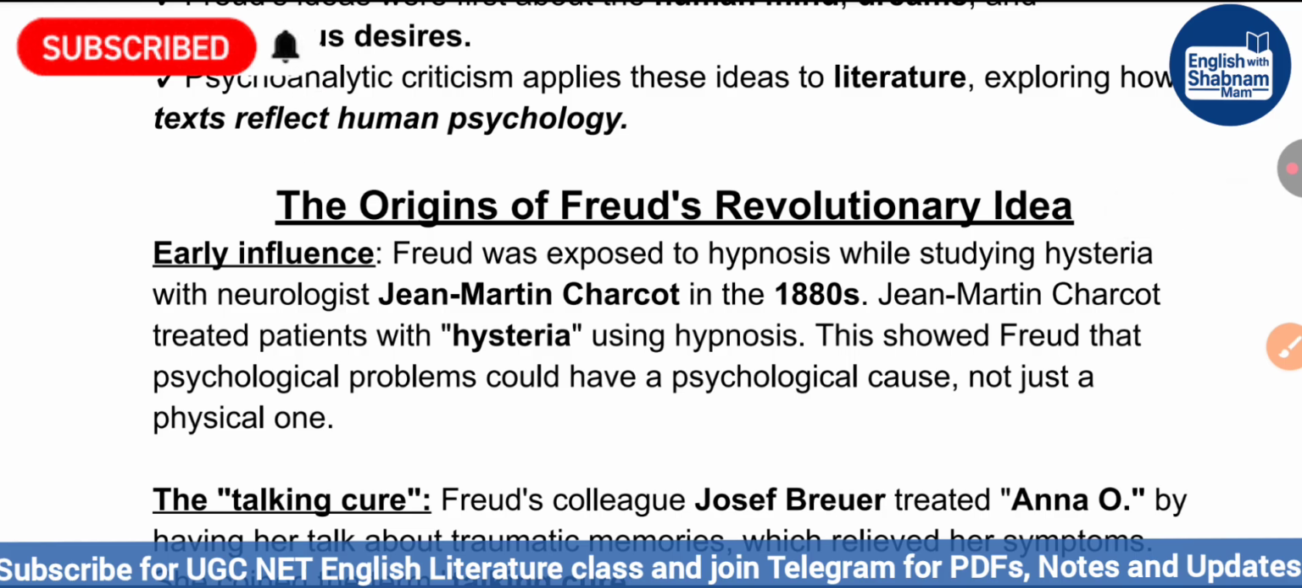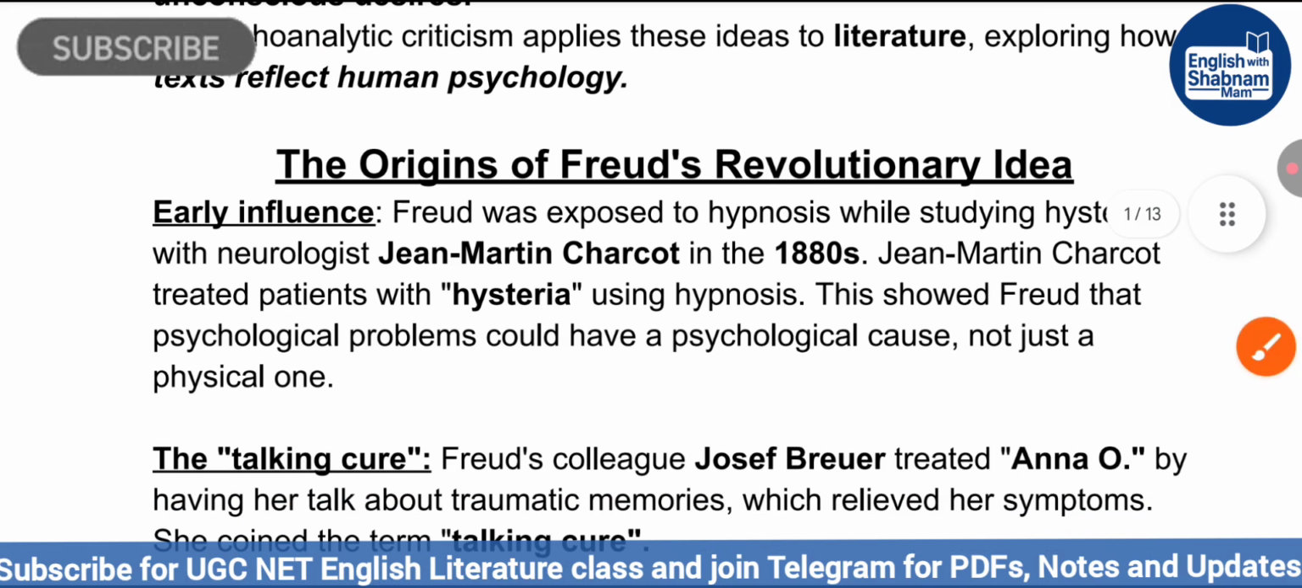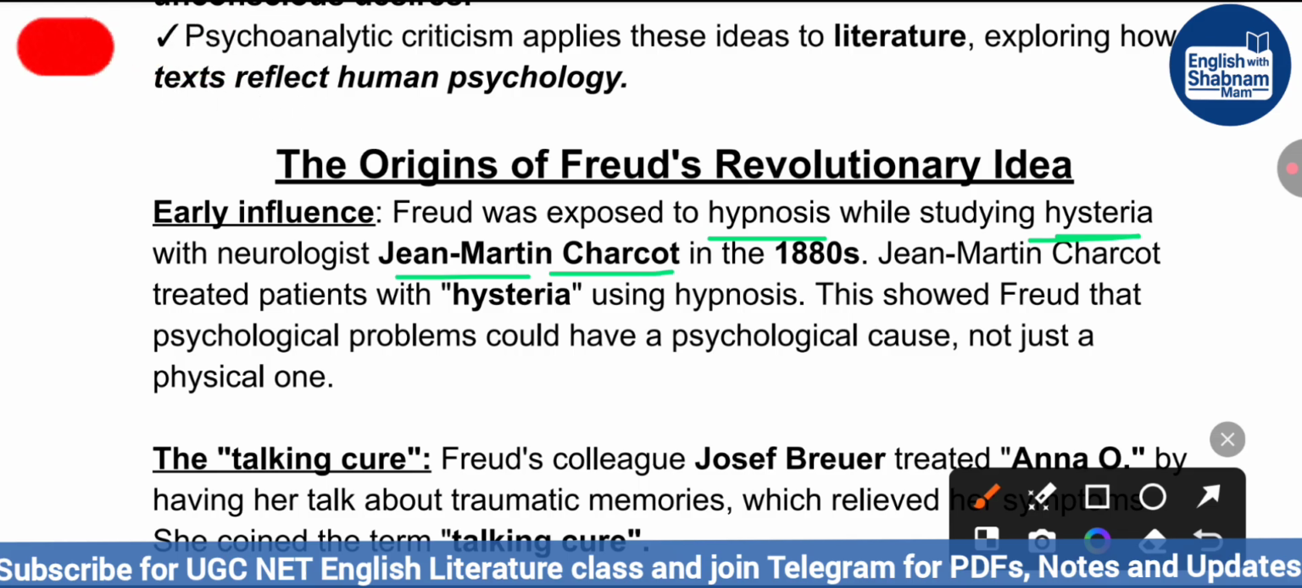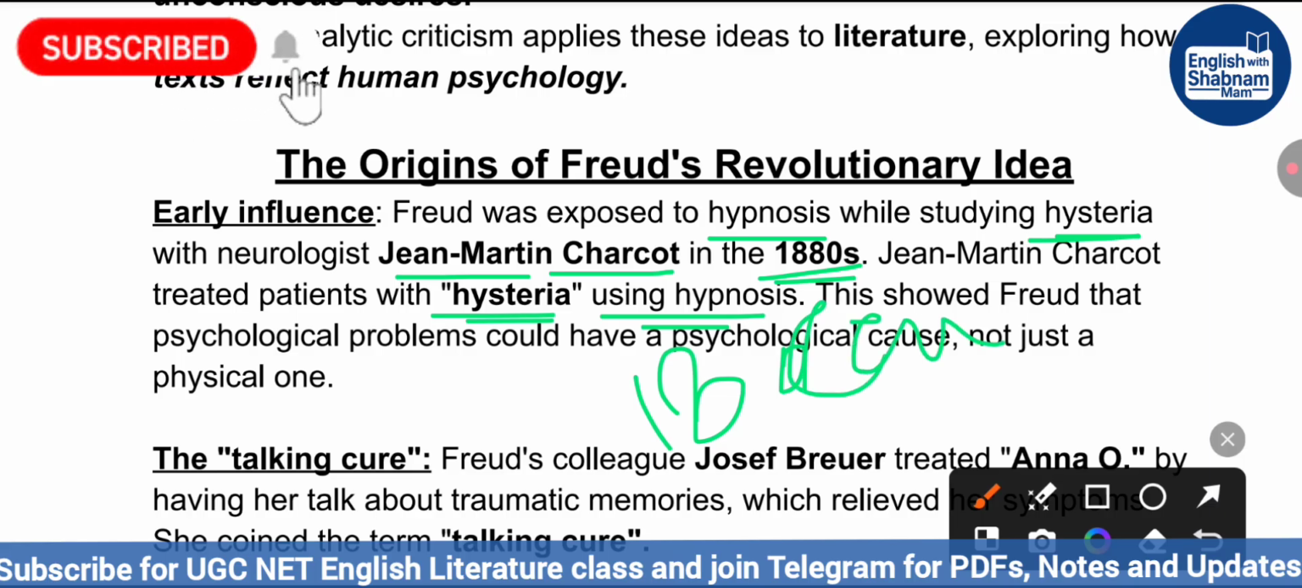How this theory started, it is very important. Do not miss it, everyone. The early influence on Sigmund Freud: Sigmund Freud was exposed to hypnosis while studying hysteria. Hysteria is a type of disease where a person feels paralysis. It is a paralysis-like condition. He worked with the neurologist Jean-Martin Charcot. In the 1880s, Jean-Martin Charcot treated patients with hysteria using hypnosis. In the late 18th century,